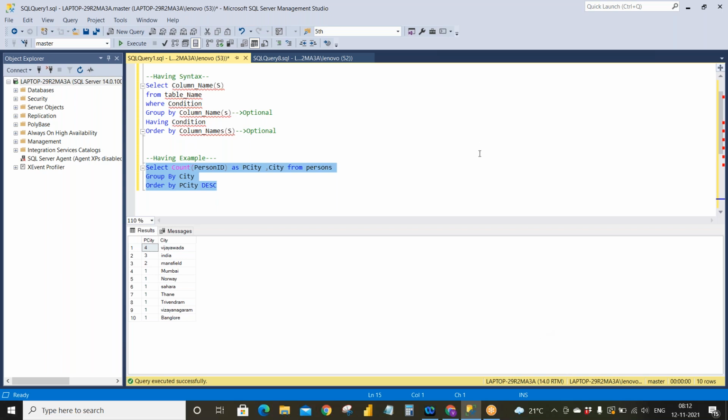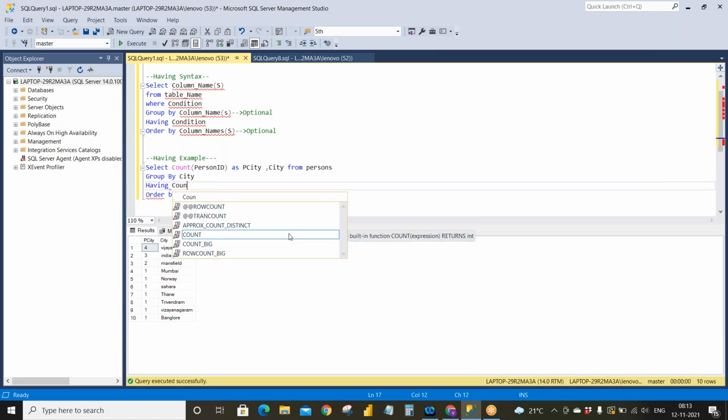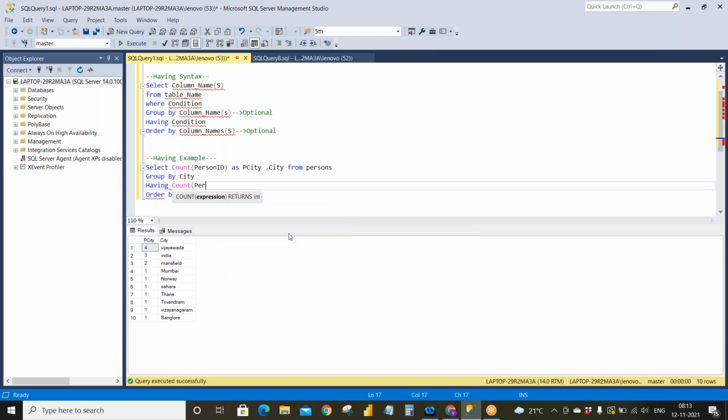So I want to retrieve the data where my cities have more than three persons. Okay, I'll give the condition over here with having. So I need to give the aggregate function count of person ID.